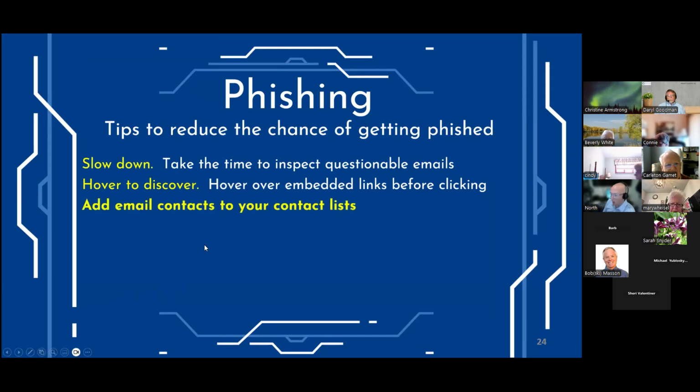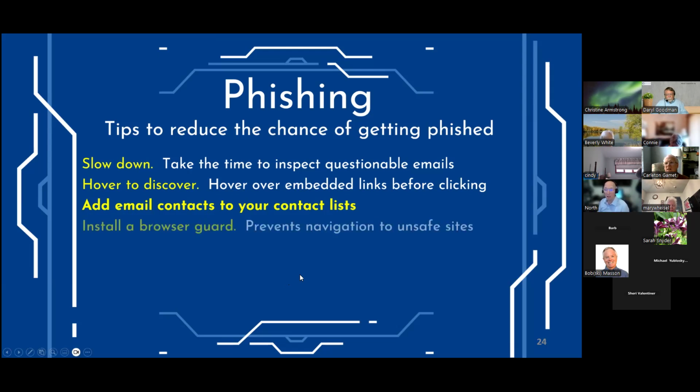This is a really powerful one as well, especially for friends that get compromised. Because if your friend's email is in your contacts list and somebody sends you an email pretending to be them, your system will go, whoa, hang on, this person is pretending to be Sam, but it's not Sam's email address that I've got on the contacts list. So if you have friends or family that you email with frequently, make sure that their first and last name and email address are in your contacts list so your system can help you identify legitimate emails from people who are pretending to be friends and family.